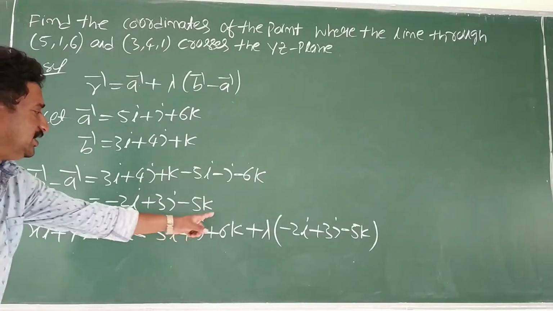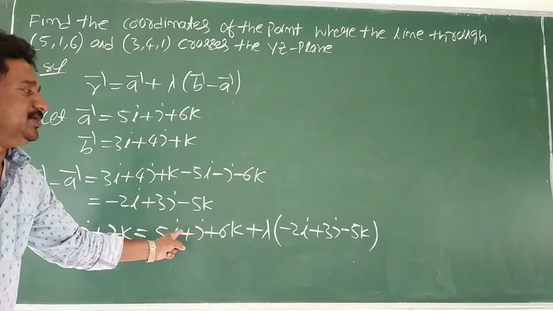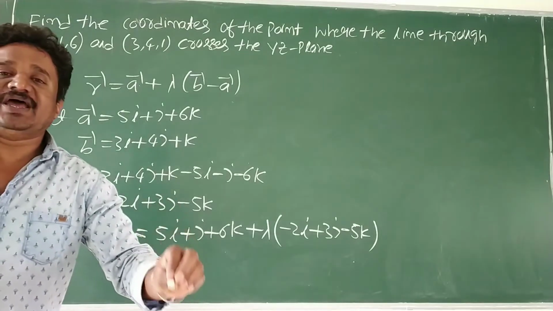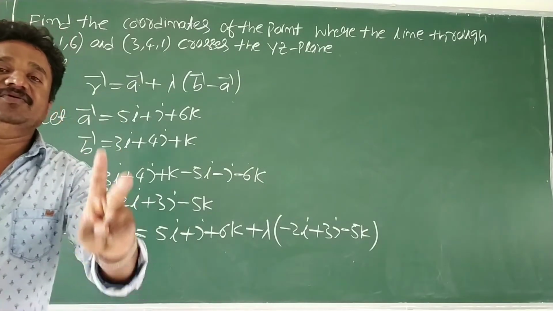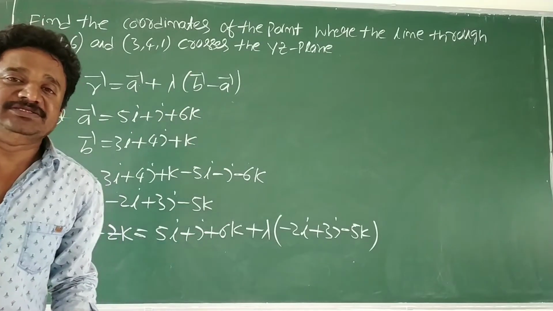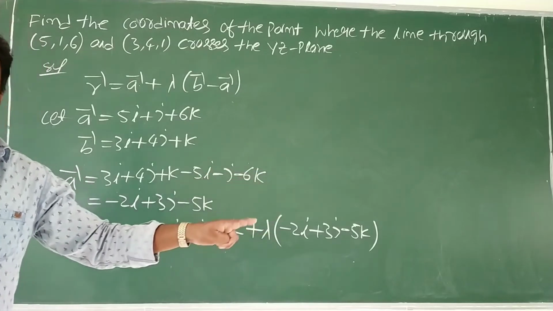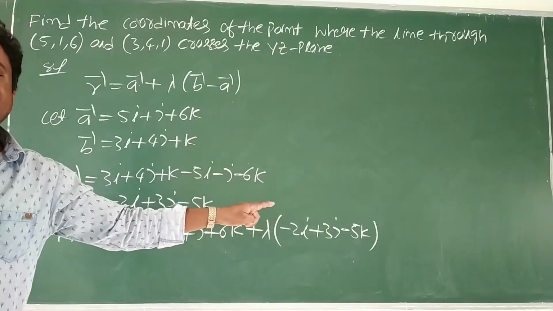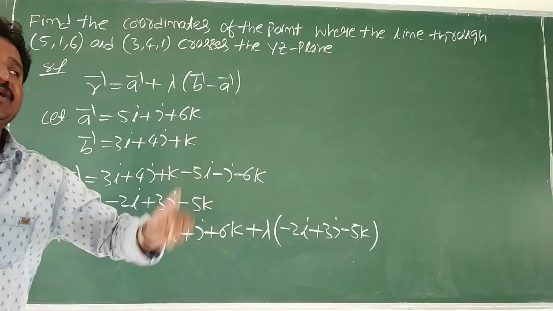Two vectors are equal. A vector on left side is becoming equal to a vector on right side. When we say 2 vectors are equal, students, 2 vectors become equal when their scalar components on both sides are equal. That means I component on left side should be equal to I component on right side. J component on left side must be equal to J component on right side. K component on left side should be equal to K component. Let's go for collecting that.